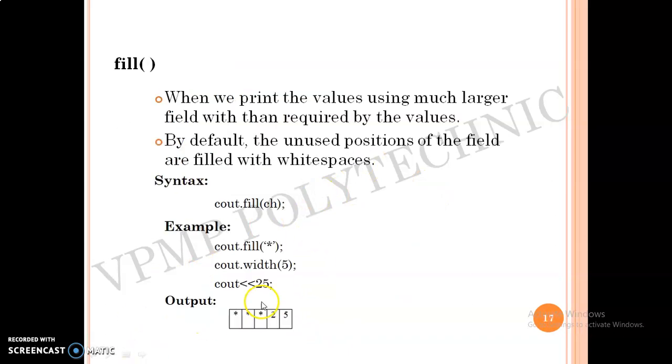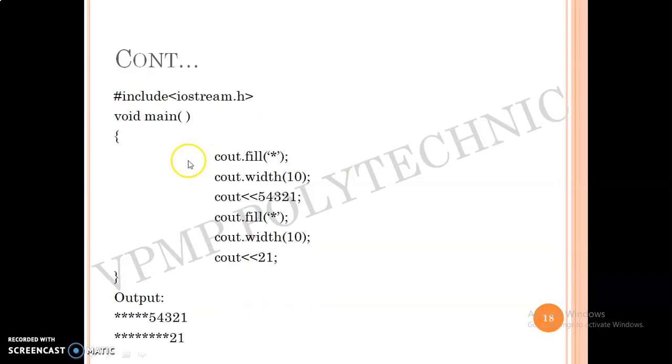This is inside the program. Fill character: if you are not interested in keeping the data blank, then you can represent the blank spaces with a star, a question mark sign, or any special character you are interested in. So we use the fill function for the blank spaces. In the blank spaces you can fill the data through star, question mark, or any special character that you are interested in. This is the program.